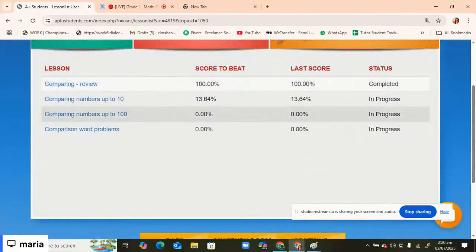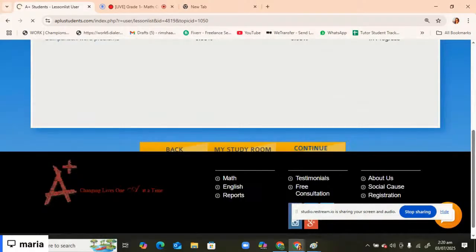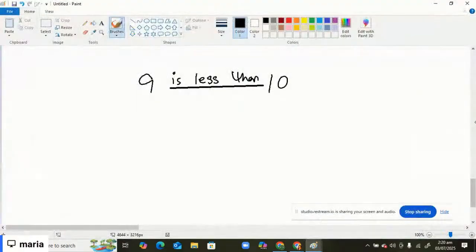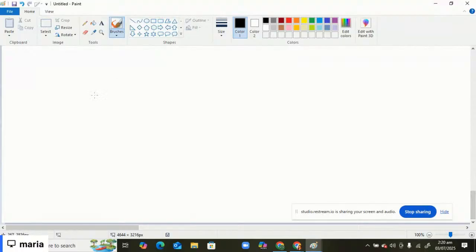Now let's discuss comparing numbers up to 100. All right, so now we are just going to move to the bigger numbers. Okay, and this is the same thing we are doing. We are just putting the three options here: greater than, less than, or equal. Okay, and then the different numbers we are going to take, and then just write the answer one by one. All right, so first of all, I'm going to write down some numbers here, and then you guys tell me randomly. Okay,